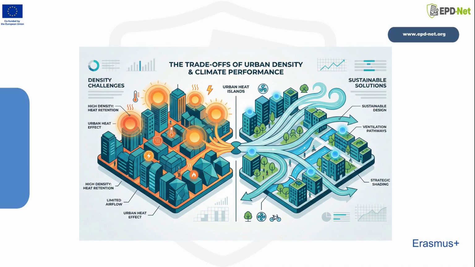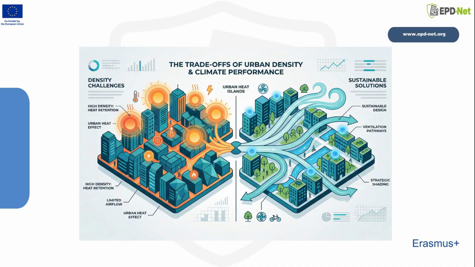Finally, humidity and precipitation management depend on surface characteristics. Permeable surfaces, evapotranspiration from vegetation, drainage systems, courtyards, and open spaces all contribute to how water is absorbed, retained, or redirected in dense environments. Together, these variables demonstrate that urban density is not only a spatial condition, but also a